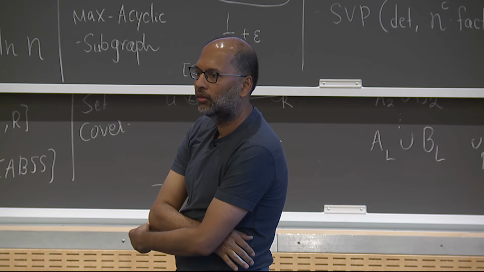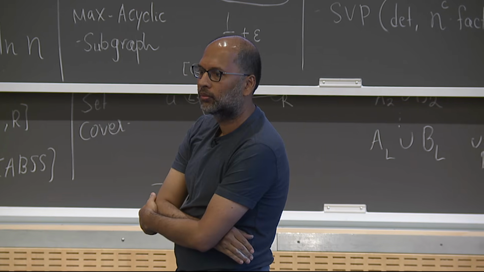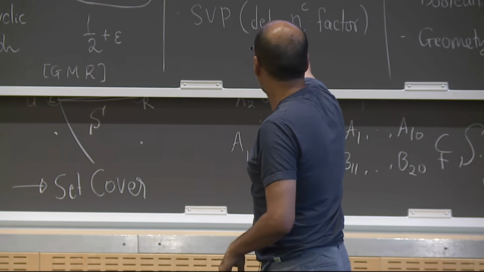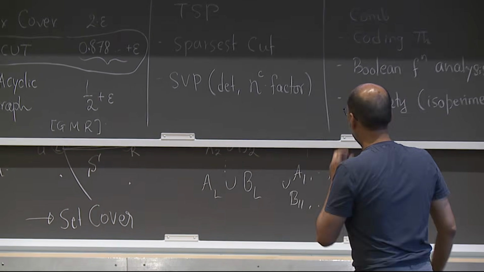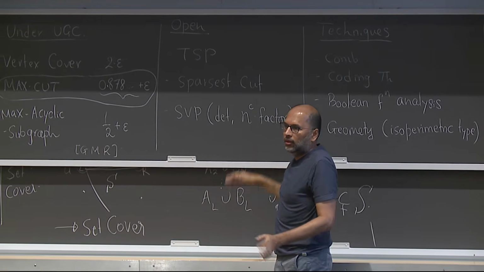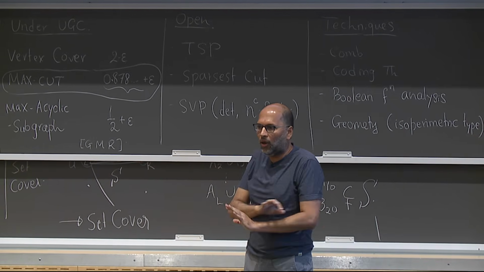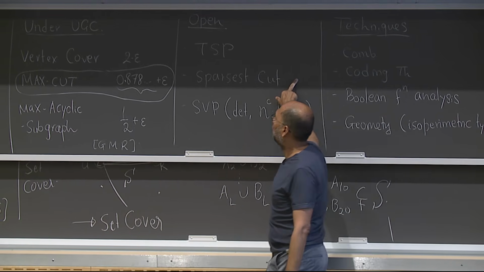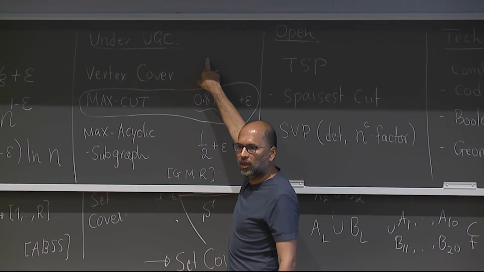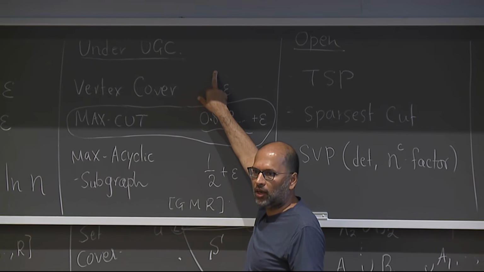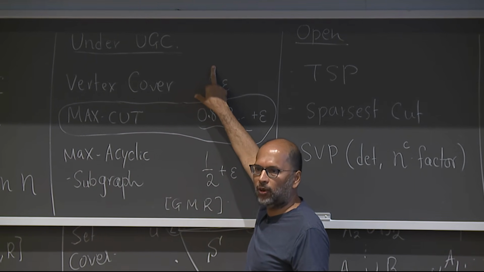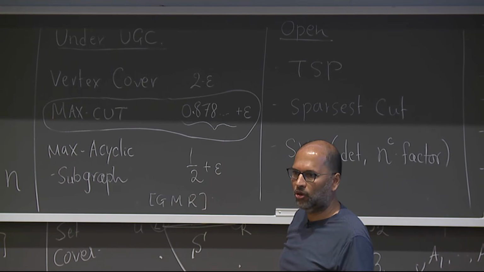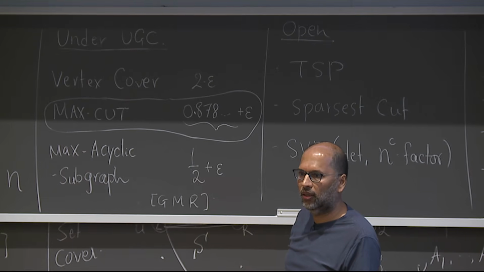Any comments about what a framework for proving hardness for sparsest cut looks like right now? There is no framework. For example, those which are in the open bracket, in particular TSP and sparsest cut, we know nothing, not even an approach. Though for sparsest cut, you can get something if you assume a version of the unique games conjecture which is even stronger, which was made by Raghavendra and Steurer, called the small set expansion conjecture. If you assume that, then you get hardness results for sparsest cut almost nearly automatically.